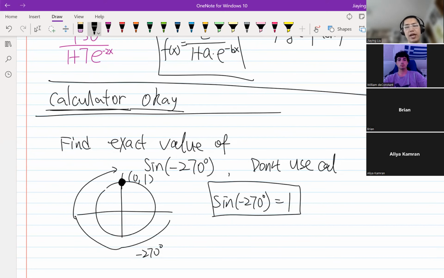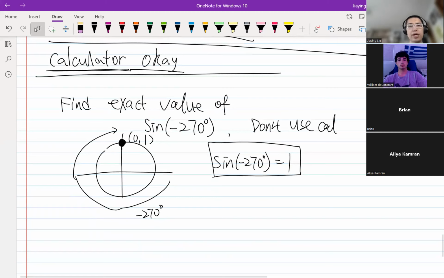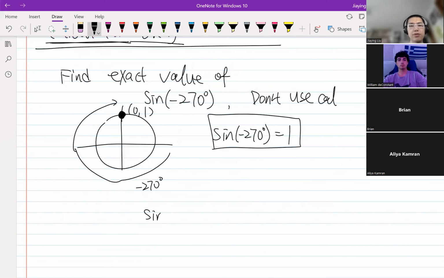And then suppose we have an angle that doesn't end up on the y-axis. So suppose I give you sine of